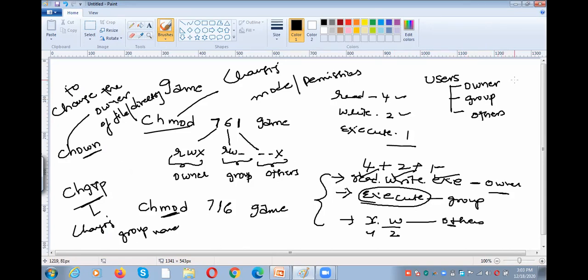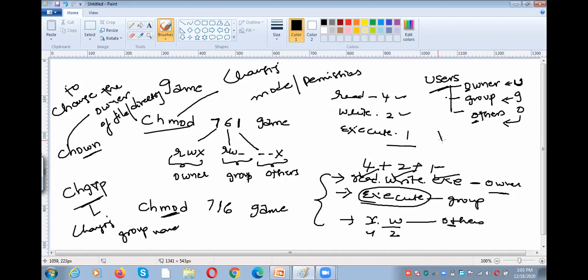In Unix we can call it as a UGO. U means user or a owner, G means group, and O means others. Here the starting letters are OO, right? Don't get confused. So owner or user, both are same. So U, and for group G, and then others O. These are the 3 types of users.